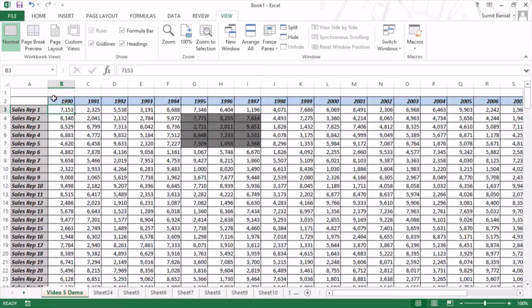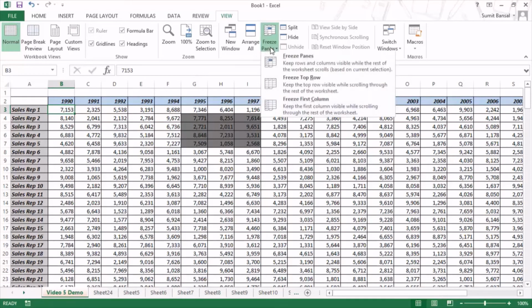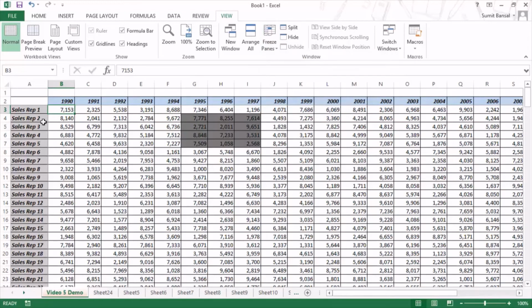Now for our own data set, we have the first column, and the headers extend to 2 rows. I want to freeze these 2 rows and this column, and if I have to do it, I would have to point my cursor to this cell where on the left I have the column that I want to freeze and above it are the rows that I want to freeze. And now with my cursor in this cell,